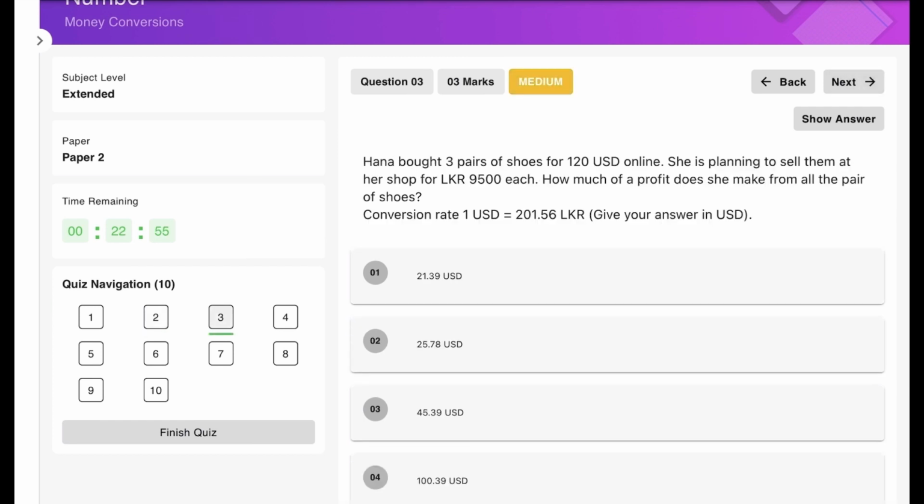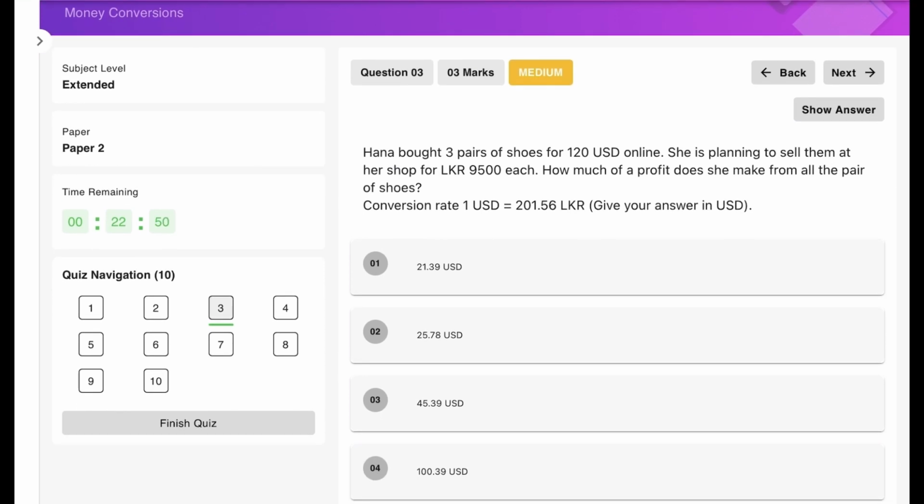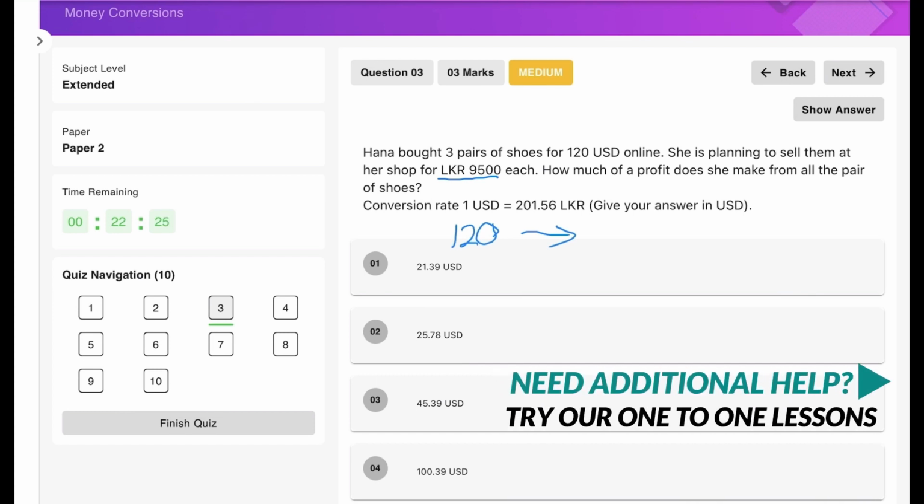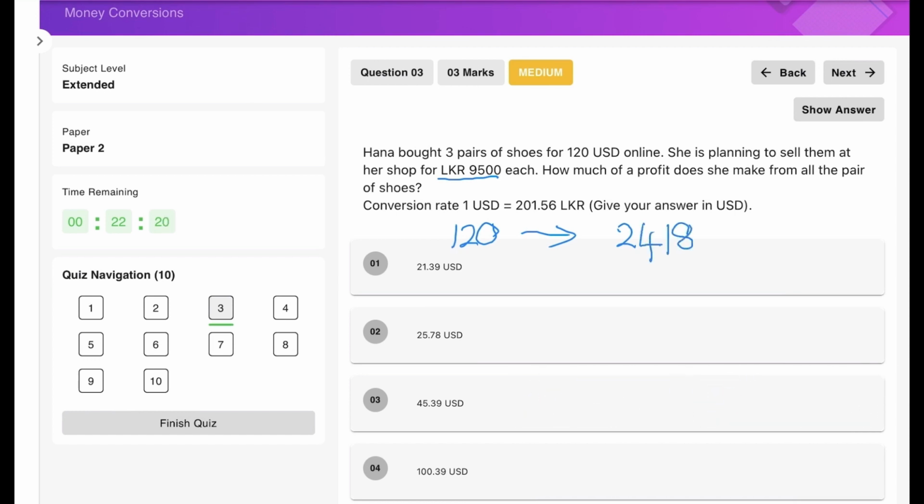Then we have the next question. Hannah bought 3 pairs of shoes for 120 USD online. She is planning to sell them at her shop for LKR 9,500 each. How much of a profit does she make from all the pairs of shoes? Simply, we can convert how much 120 USD is. That is 120 times 201.56. So that is the total amount she had purchased for